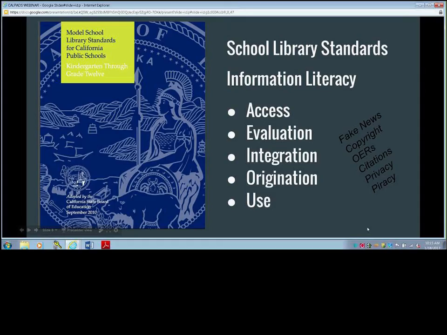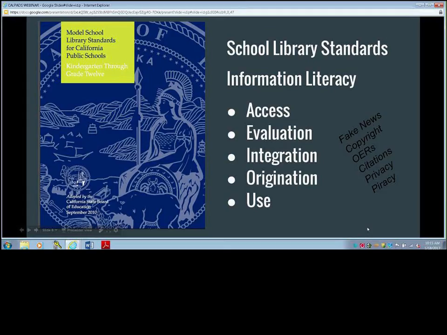So first, I want you to put a vision in your mind, and I want you to think back to either the days when you were in school, or think about your child's current experience. And I want you to think about visiting the school library. And once you have that image in your mind, I want you to think about the person that staffed the library. And when you think about the person, what did you call the person working in the library? And instinctively, most of us call that person librarian.